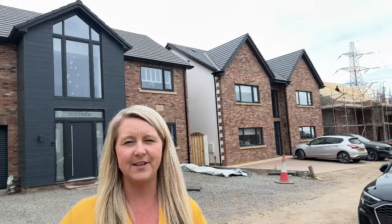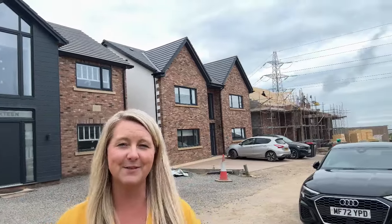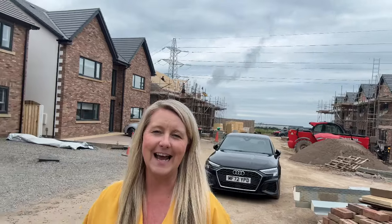Now, just to give you some context to where we are, this site is built up of a number of self-built properties, and as you can see, and perhaps here in the background, there is still some under construction on both sides here. But what you've got is a property which has been built to an exacting standard. The current owners have spared no expense creating this space, and it is a beautiful development. Each of the homes are different, so this is your chance to own a unique property. Let me spin the camera around, I'll show you the streets in, then we'll go inside and explore these wonderful